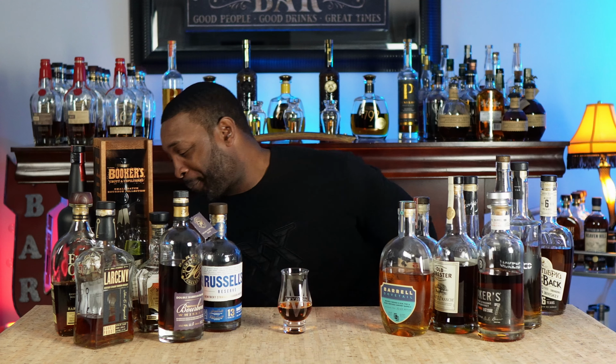Let's get to my number 1. You should have known if you've been a fan of the channel for a while. This is my Ladies Liquors store pick. Believe it or not, it is an 8-year. Now we know in bourbon, age is not everything. This thing right here is everything I want it to be. It is burnt brown sugar, burnt marshmallows. It is heavy on the caramel, heavy on the butterscotch, heavy on the char. I mean, everything you want a bourbon to be,